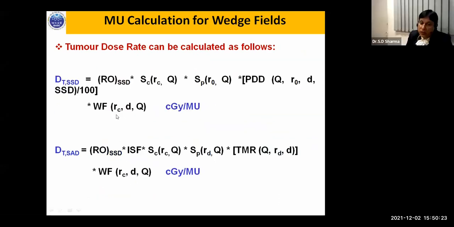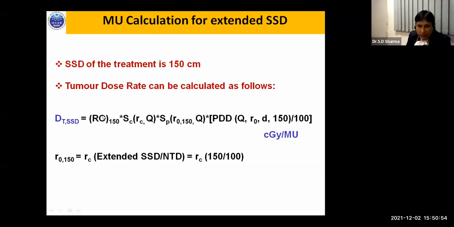This factor in the accelerator depends on the field depth as well as beam energy. So now the question is which depth we will be using. The depth of treatment will be the depth which will be used for looking for the value of the factor in both the cases. So we can deal with the scenario of a wedge field treatment as well. Calculation of monitor unit can be done as has been discussed earlier.